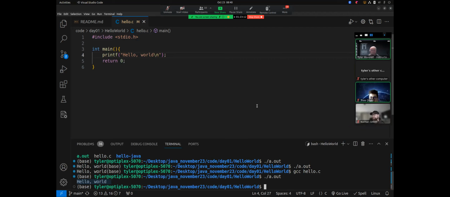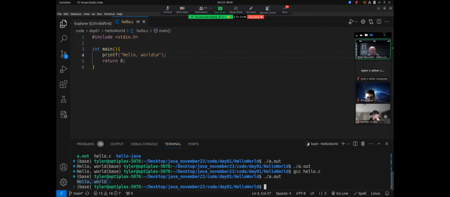Okay, so again, my point is we're not going to learn C. I promise, this is the only time you'll see C code. But I wanted to show you this is where Java gets its syntax, and this is why we do the things we do, because C is like the Latin of programming languages, right? If you want to get better at other programming languages, I suggest you learn C. Don't do it right now, but it's a great language to learn because it will help you understand why things are happening in other programming languages.